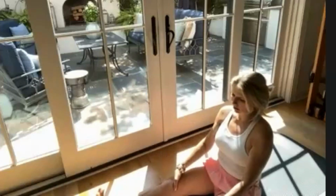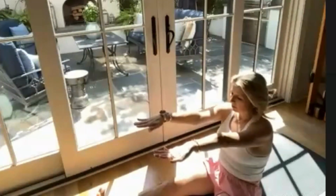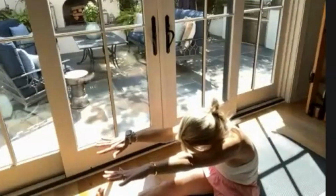Alrighty, I'm thinking we must have a few beach babies doing this class today. I'm gonna do a little daydream, pretending I'm at the beach, and then I have a big beach ball right in front of me. My legs are the width of the mat, and my feet are flexed, and this is called spine stretch forward. I'm going to bring my arms, I'm going to bring myself forward, stretching out my spine